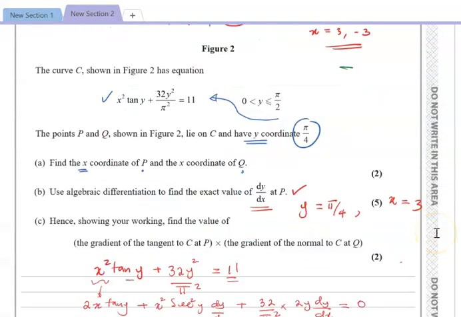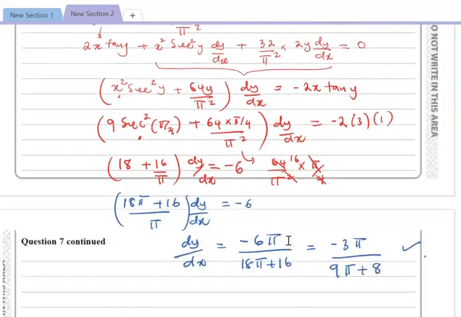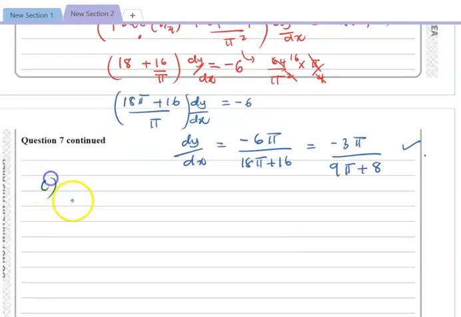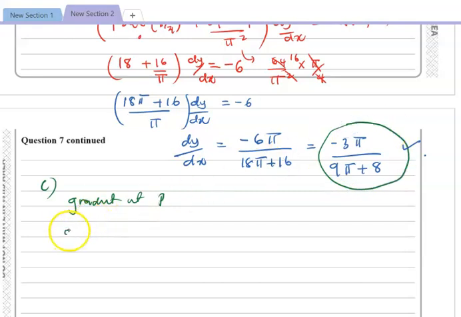Now part C of the question says work out the value of the gradient of the curve at P multiplied by the gradient of the normal at Q. Now the gradient of the curve at P is what you have in part B. Now they want you to get it multiplied by the gradient of the normal at Q. Now there's only one trick you have to see here. We know the gradient at P, which is over here. Now we need to find the gradient